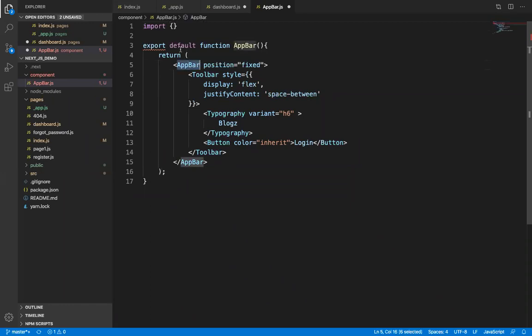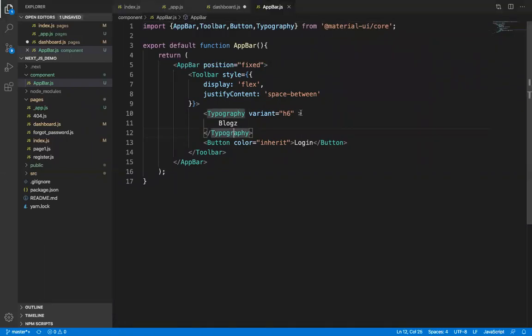Import AppBar from material UI core. So inside we need a toolbar, we need button, we need typography, and we need this much only.